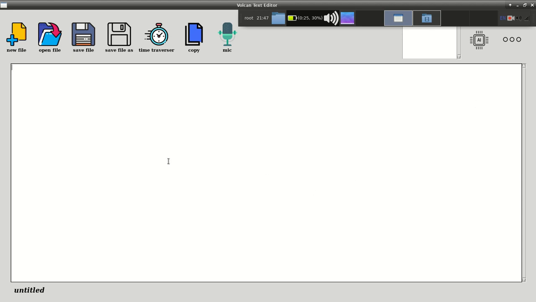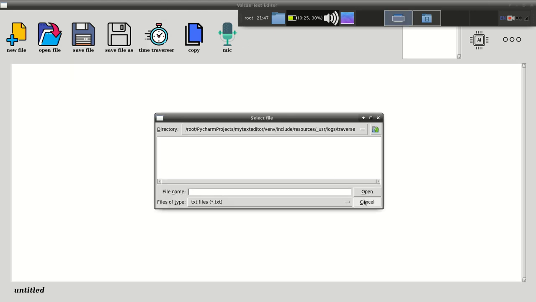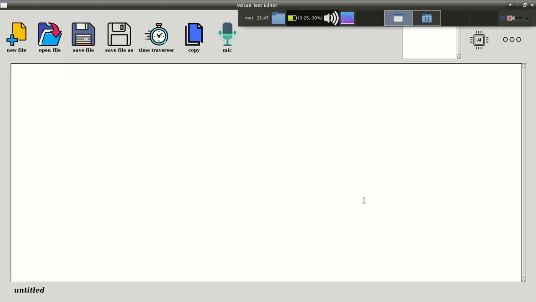So guys, let's start with time traversal mode. Actually, what is the use of this time traversal mode? I will show you. Suppose you are writing content in your file and you save that content, and after saving you change that content and you turn off your machine.